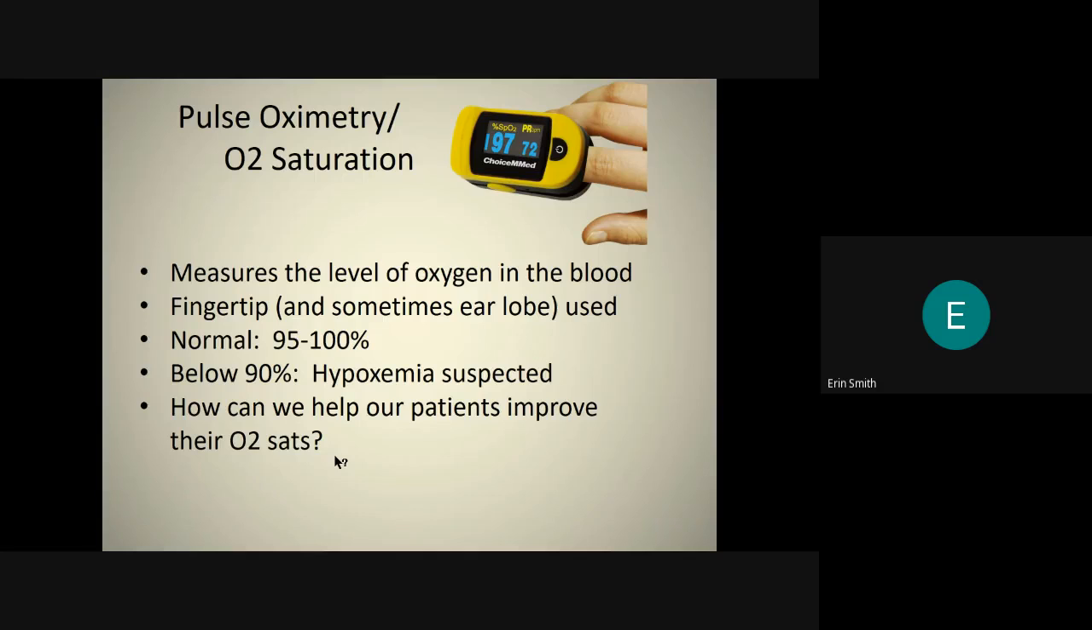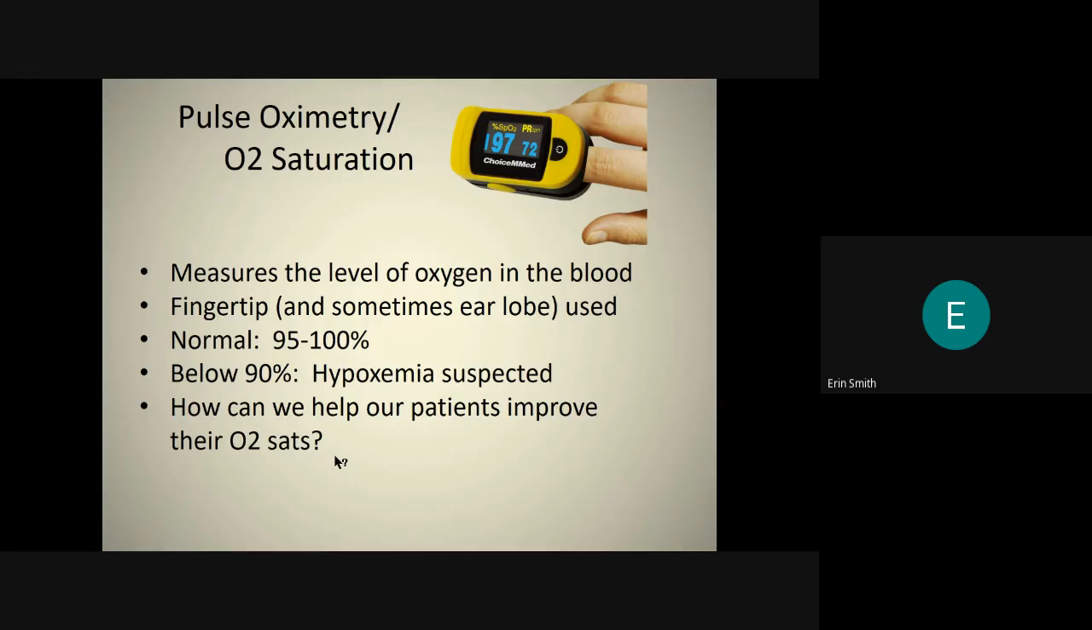So pursed lip breathing is where we have our patients breathe in through their nose and then out through their mouth. So it's like smelling the roses. And so in through the nose with the mouth closed, and then out through the mouth. I think one of the biggest issues that we will have with our patients is our mouth breathers,